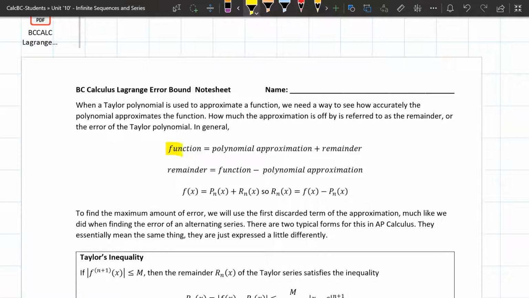All right, so we have our function. We have our Taylor-Maclaurin polynomial, which is our approximation of our function, and we have our remainder. For example, if this was our function and this was our Taylor polynomial approximation,